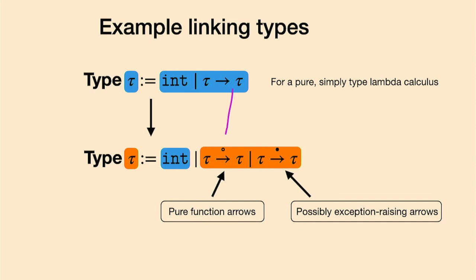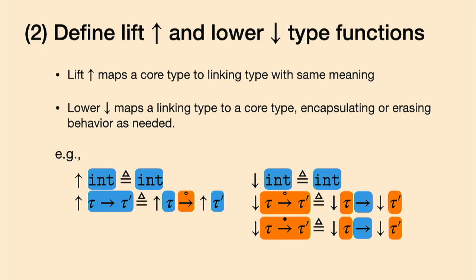Instead, we want to split that arrow type into two, okay? Introduce this modality to say, well, there are pure types, that's what we had before, but now there are these weird arrows that might throw exceptions when you call them, okay? We need to connect these new types to our original types. We do this with two typable functions. Lift maps core types to linking types. This makes real the idea that it is an extension, right? Technically, you might be editing things, adding things, removing things, but we want any existing type to be able to be expressed in this new type system.